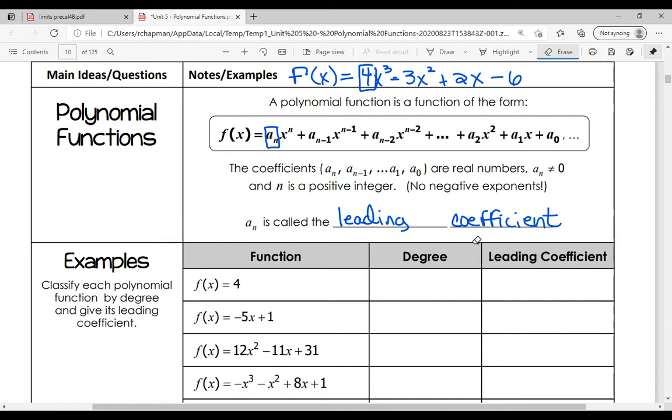So what we're going to do here is we're going to talk about the degree. And the degree, if you remember,